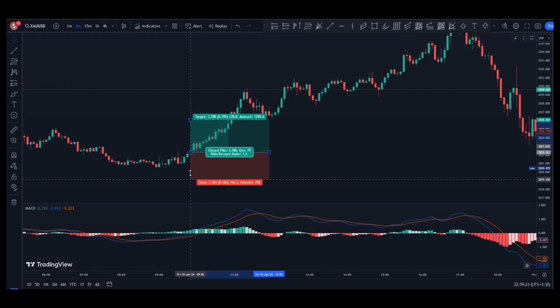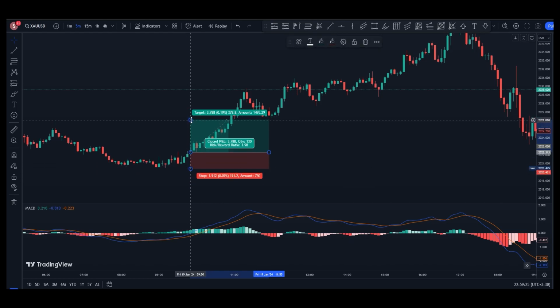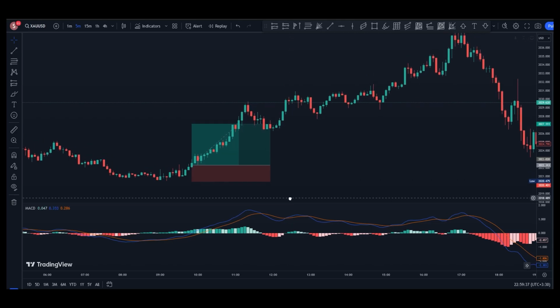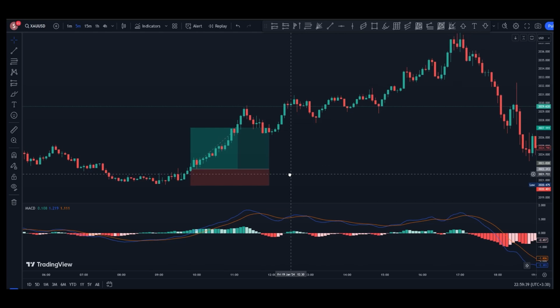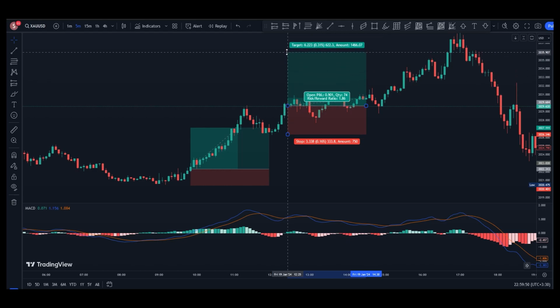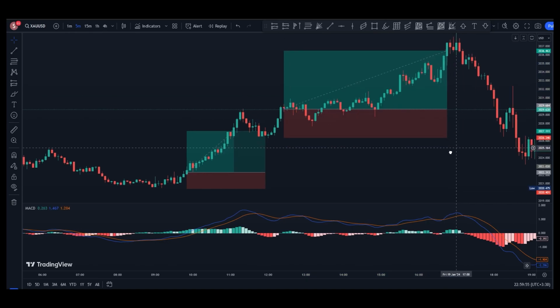put your stop loss in a safe place like here, and enter for 1 to 2 or 1 to 3. Well, as you see, for your strategy, you have to enter here, for example, and put your stop loss here, and a 1 to 2 risk to reward ratio could be your strategy,